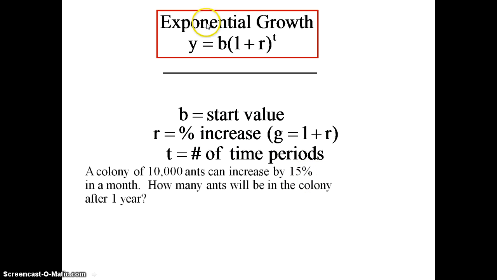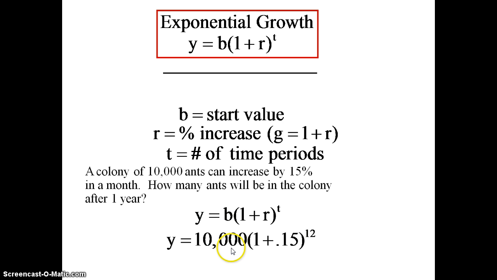So if I plug this into my equation here, I'm going to have y equals b, which is my starting amount, times 1 plus my percentage written as a decimal to the power of t. And this is what my equation is going to look like. Y equals 10,000 times 1 plus 0.5 to the power of 12. And you can put that in your calculator and find